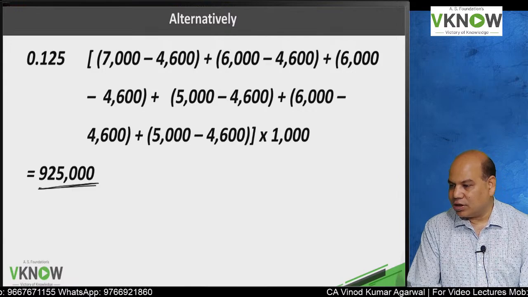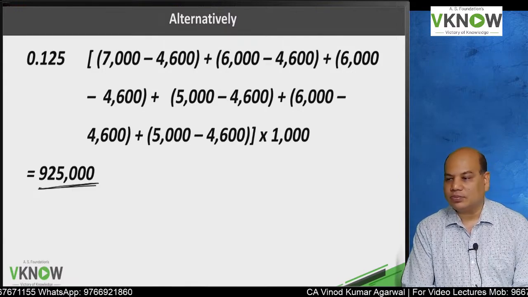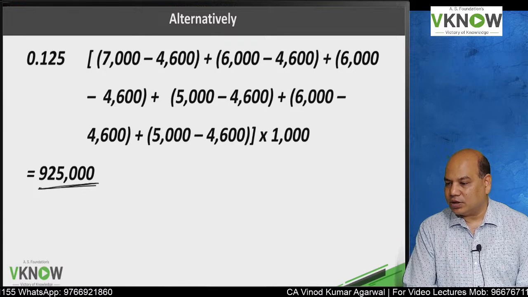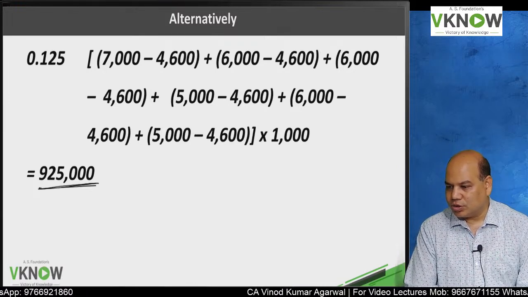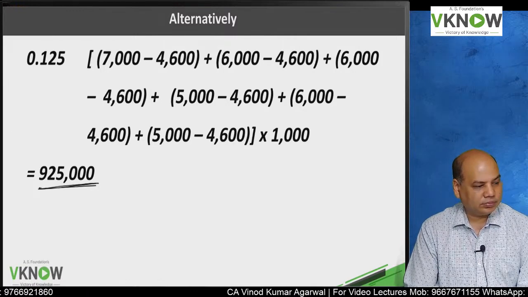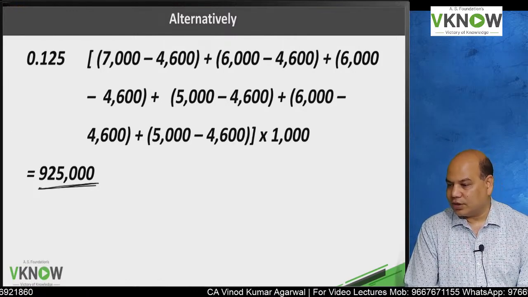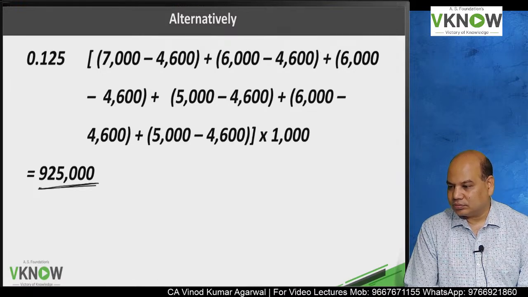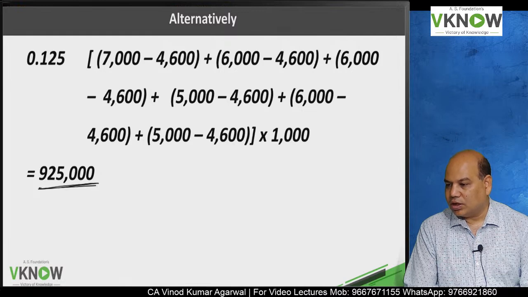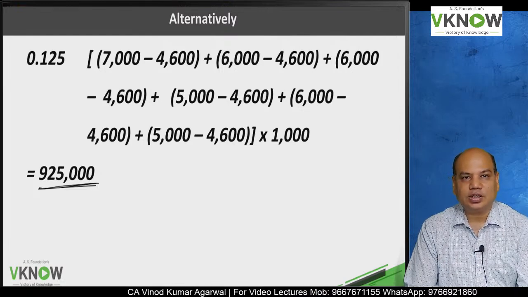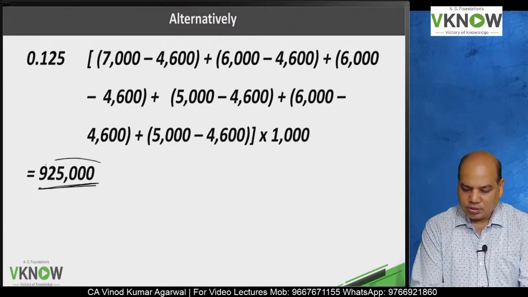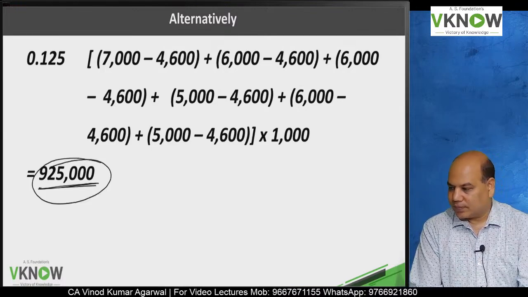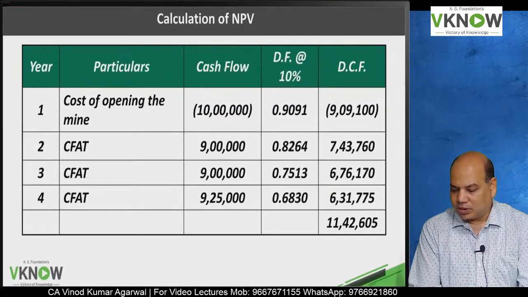9,25,000. One student had replied 2,25,000. 2,25,000 is not right. I don't know how did you reach 2,25,000. You could have said 25,000 additional benefit. Okay, so 9 lakh plus 25,000 additional advantage due to abandonment. Any query on this? Now we'll go back to main page.